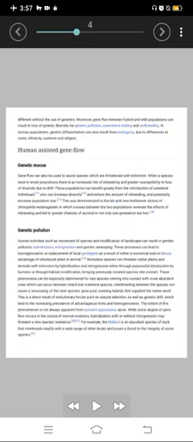A cryptic species is a species that humans cannot tell is different without the use of genetics. Moreover, gene flow between hybrid and wild populations can result in loss of genetic diversity via genetic pollution, assortative mating and outbreeding. In human populations, genetic differentiation can also result from endogamy, due to differences in caste, ethnicity, customs and religion. Human-assisted gene flow. Genetic rescue.